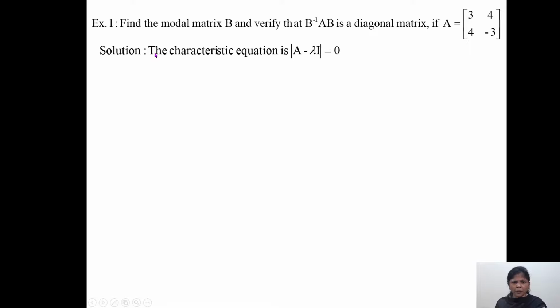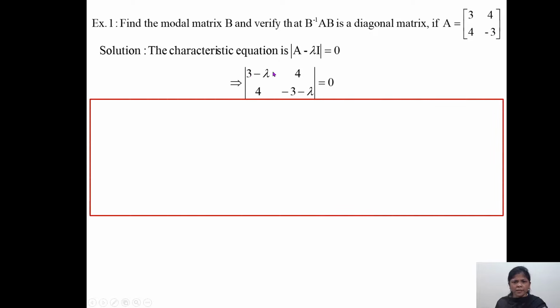As per the flow of the calculation, we will start with the characteristic equation, that is determinant of A minus lambda I equal to 0. As I told earlier, from the diagonal elements of A subtract lambda, whereas the remaining elements stay as they are. So we have the determinant of A minus lambda I in this way, equal to 0. Now, in order to simplify this determinant, I shall discuss two methods, but I suggest method 2 because that is applicable for all orders of matrices.